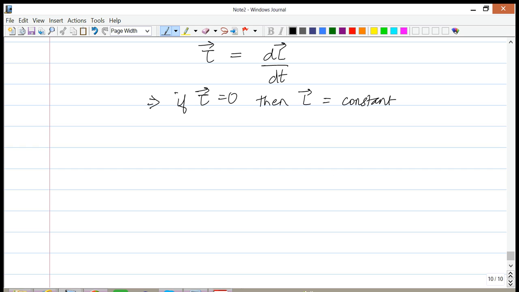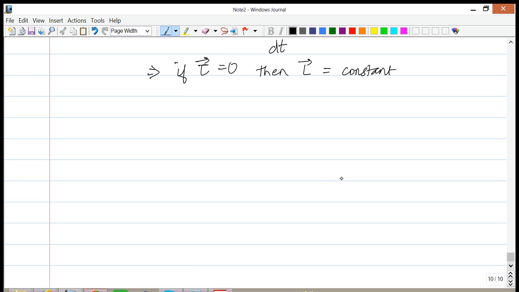Okay, so very powerful theorem. Just like the conservation of linear momentum was a very powerful theorem. Let us see how to apply this. Let's look at some simple examples first and then figure out how to apply it.